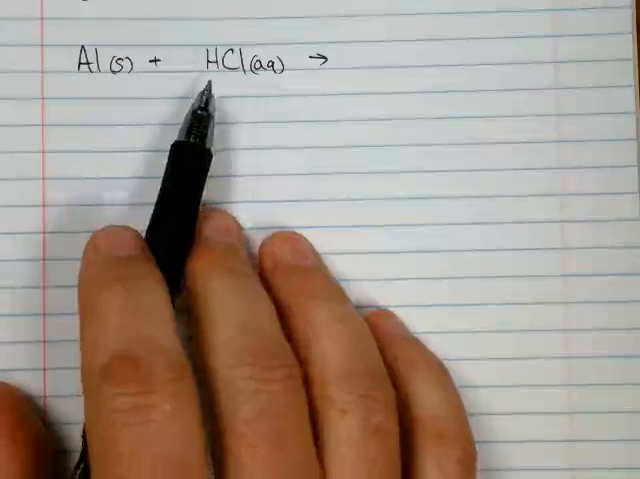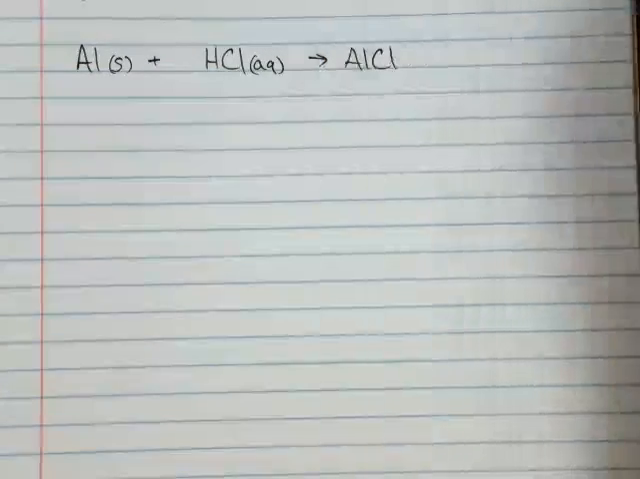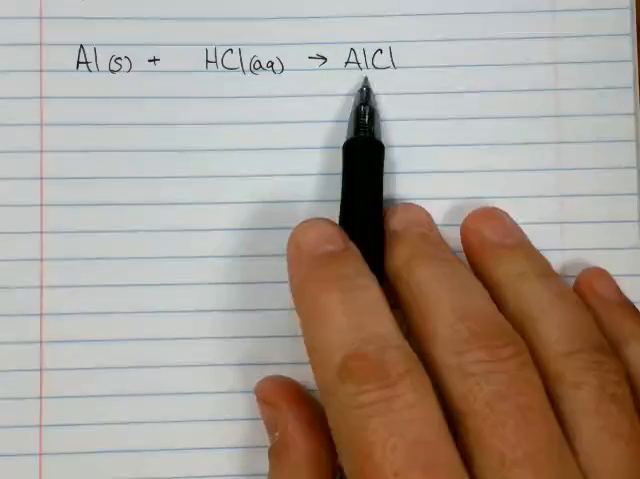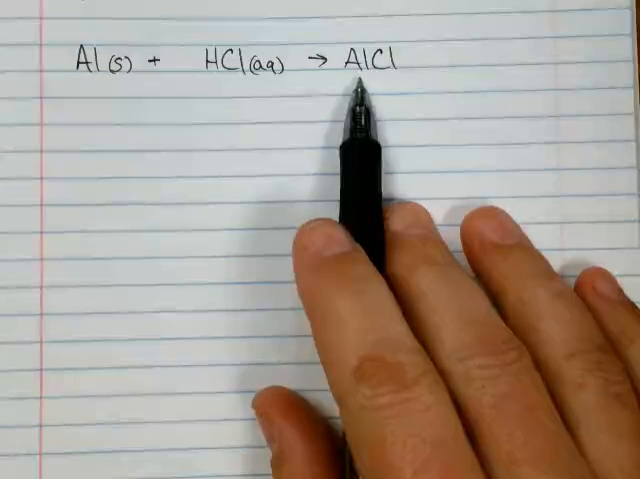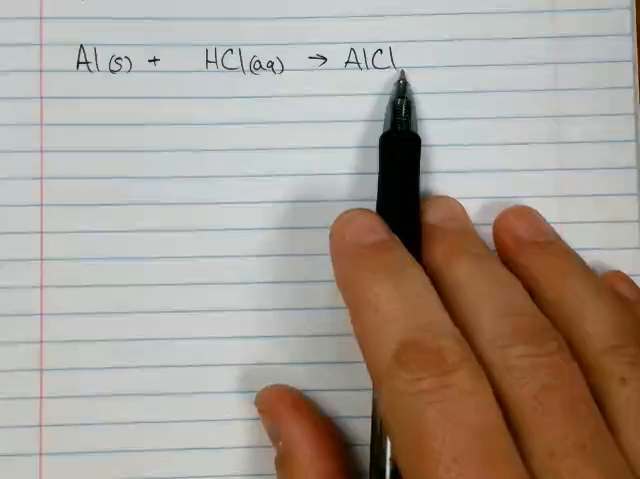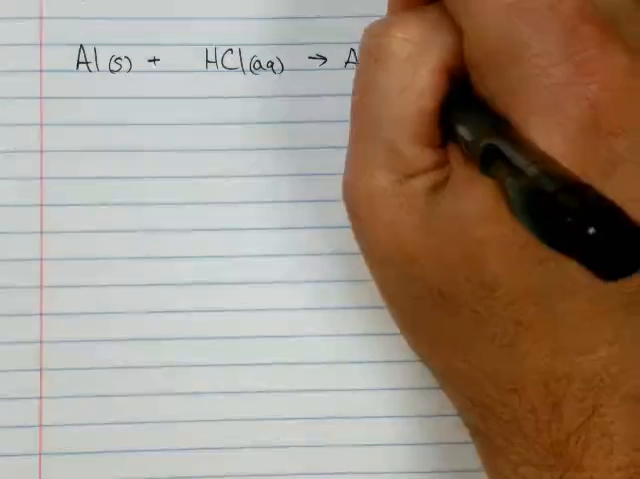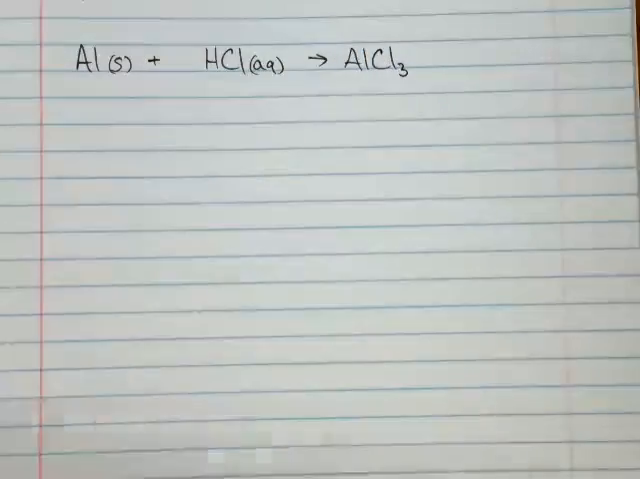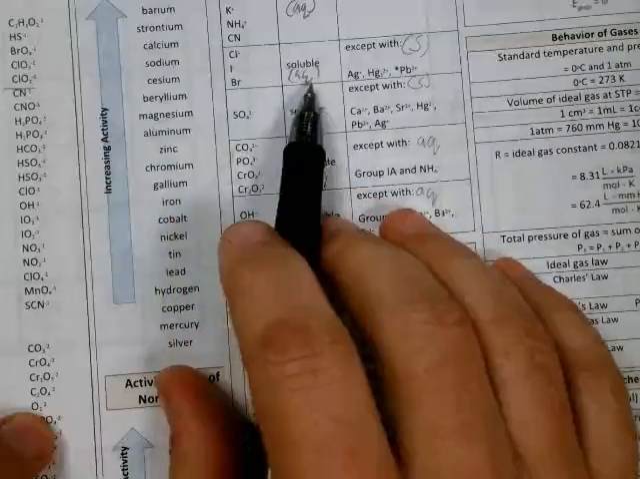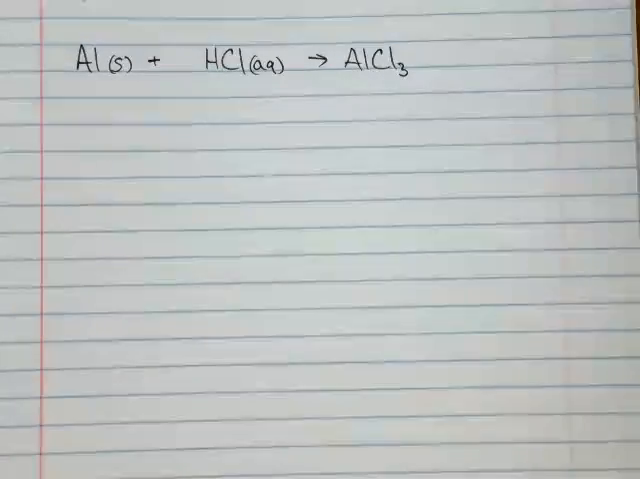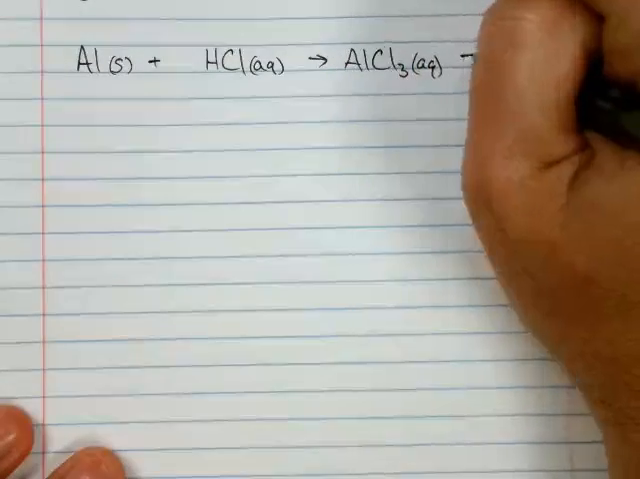Aluminum replaces hydrogen. So that gives you AlCl. Does anybody know the charge of aluminum? +3. Chlorine is -1. So +3, -1. That gives you AlCl3. If you look at your solubility rules again, chlorine, aqueous, no exceptions that are valid here. And then